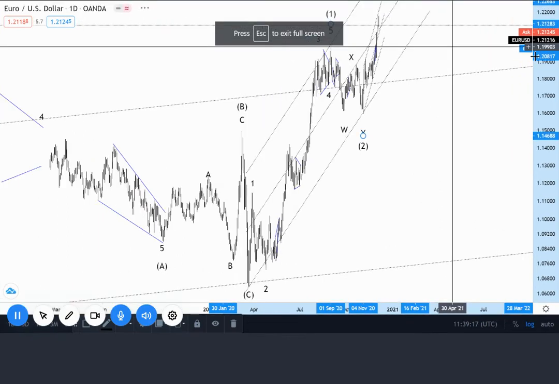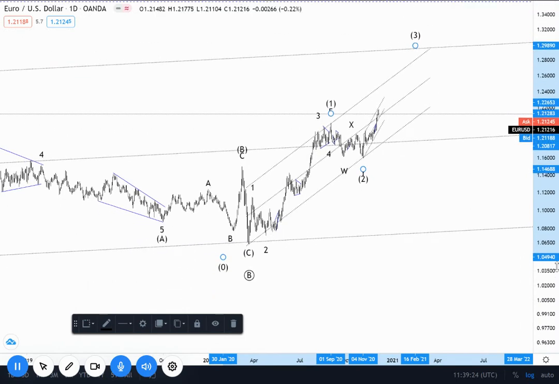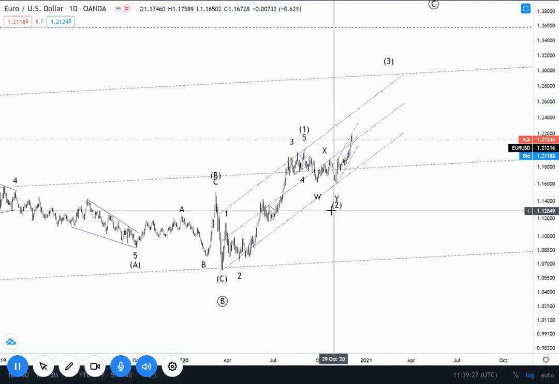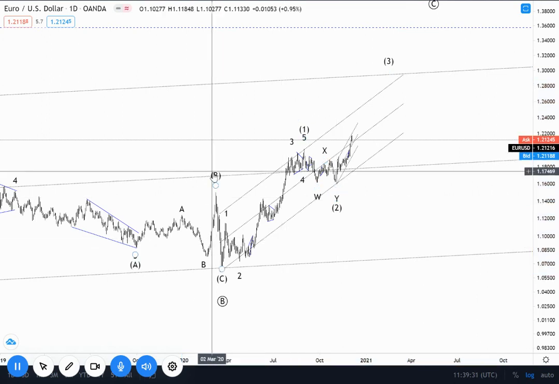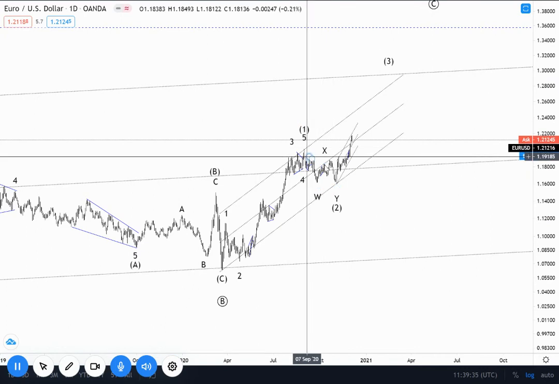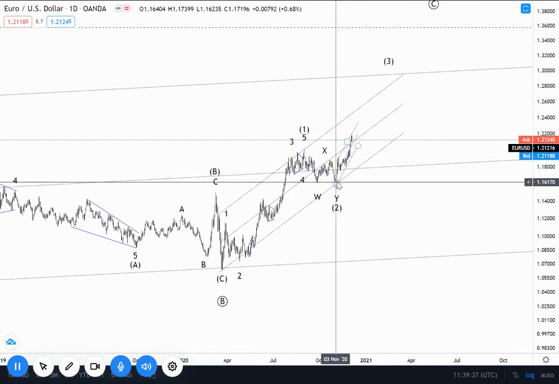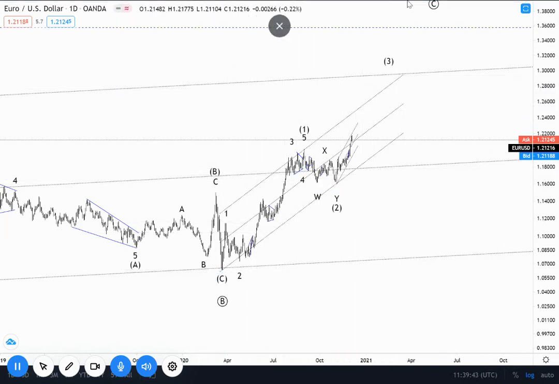Of course, wave one looks fairly extended, but there's no way to tell whether wave one is actually extended or not. So we kind of need to go with the flow here and let wave two form, wave three form actually, because wave two is already formed. We've had the ABC pattern here, and we've completed a sideways correction as wave two. So it's debatable whether we class this as wave 1, 2, 3, 4, 5, right? And this is the final fifth wave up,